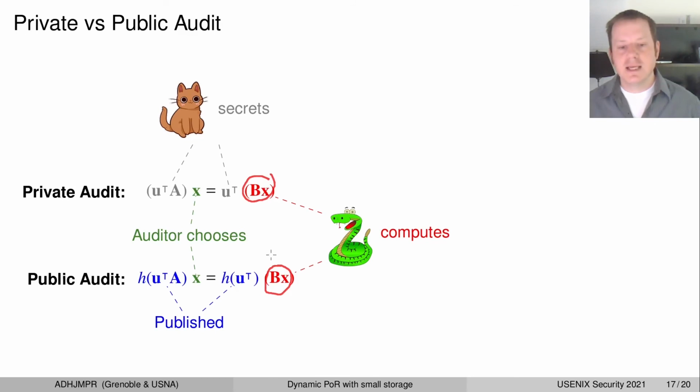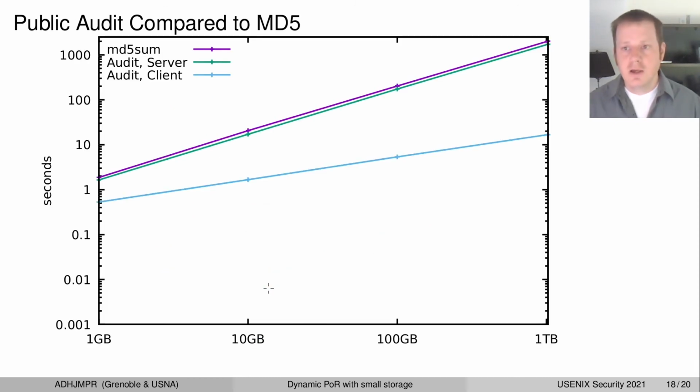The only difference is that the size of the finite field that you're working over, the size of the modulus, has to be a little bit larger for the public audit, so that slows things down a bit, but not too much because the server still isn't doing any hard crypto operations. And here's the